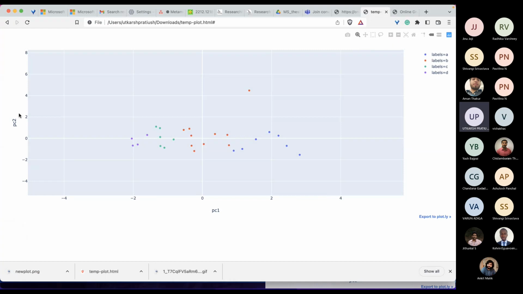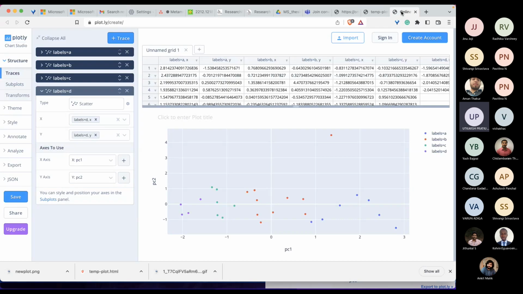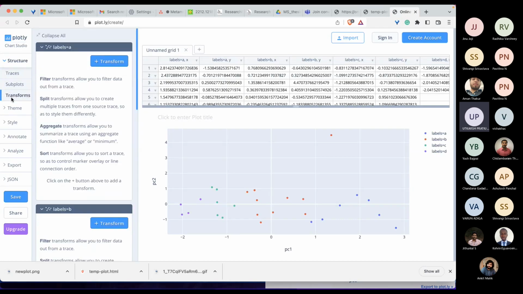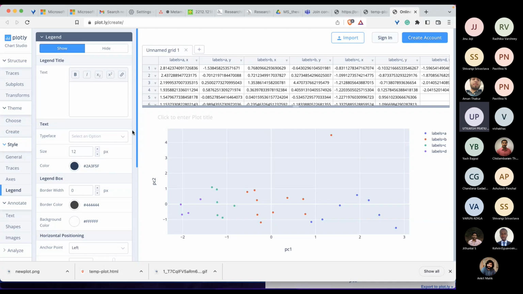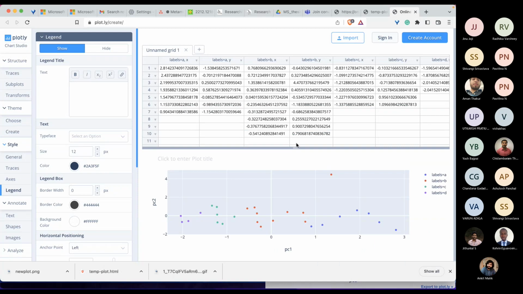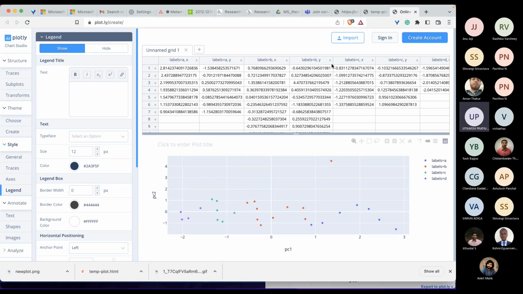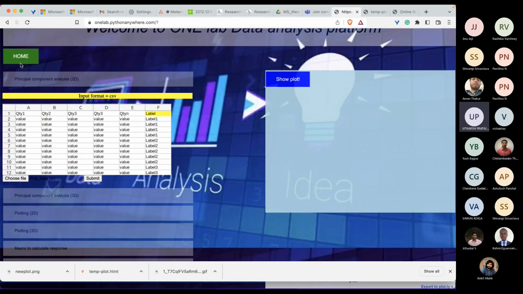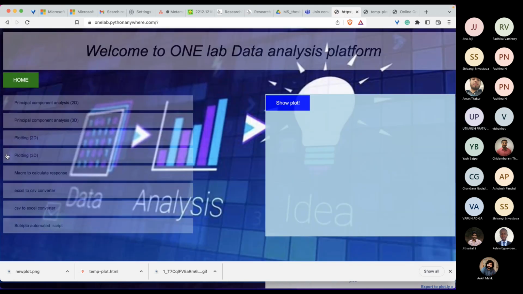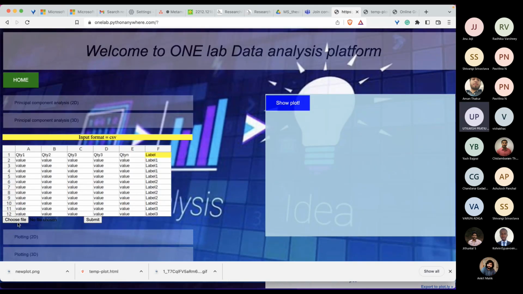But say you want to put some names on the axes, then you can just come here, and there are many options like theme, style, annotate, legend, and you can write here and change these things. So this is how you get the plot for 2D. And say you want to do a 3D PCA. So simply you just